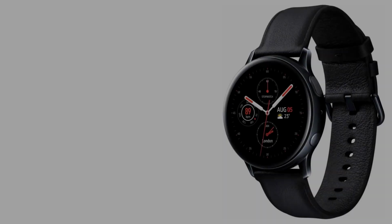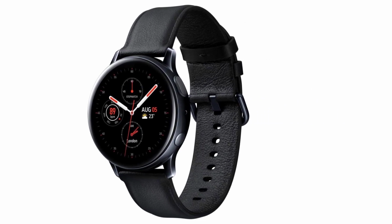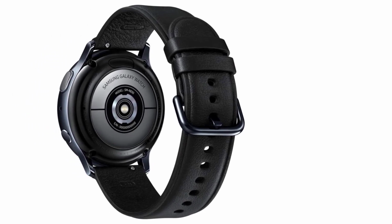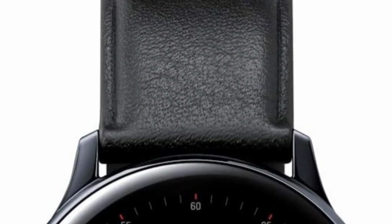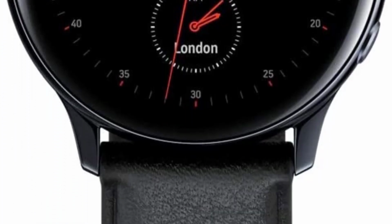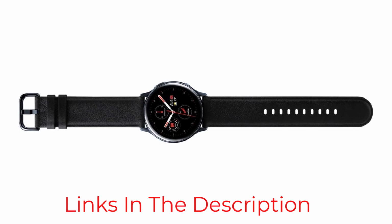Even better, this watch comes with pace coaching, a special feature you can engage to let the watch coach you through your exercises. This will help prevent you from overexerting yourself or pushing too hard during your workout, as well as help you maintain proper form. After your workout, the watch can check your heartbeat and track your sleep quality using the built-in monitors at the base of the watch face. This will help you get the best sleep and make sure that you have the energy you need for the